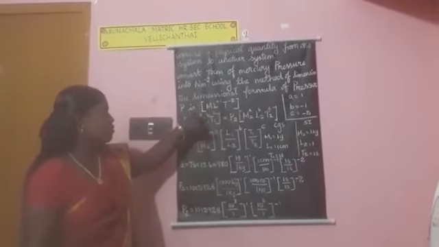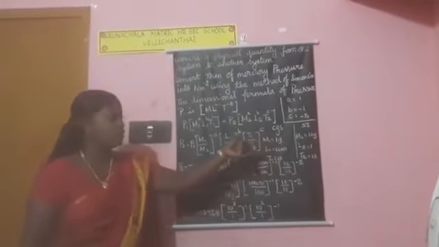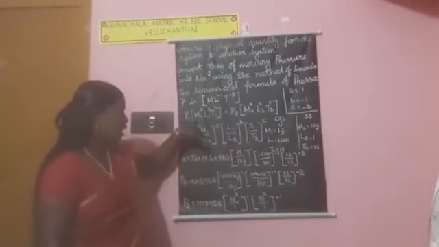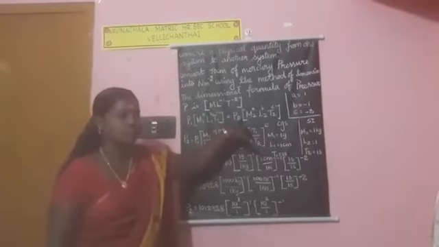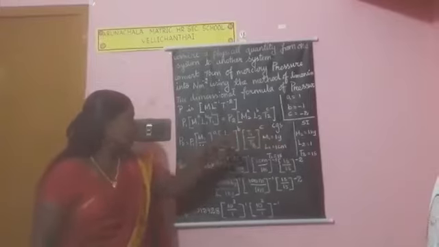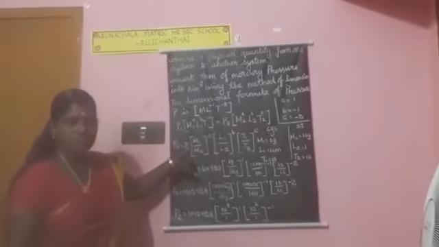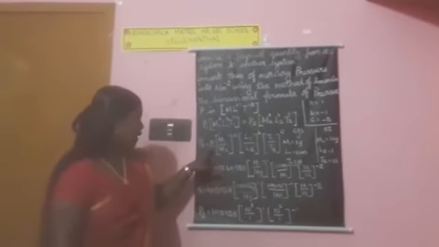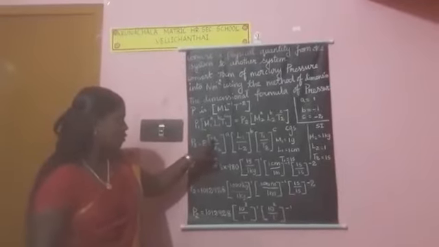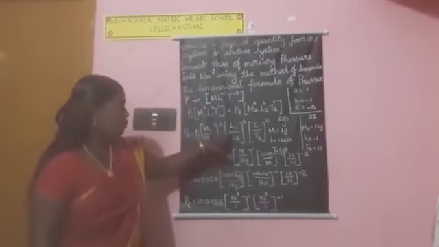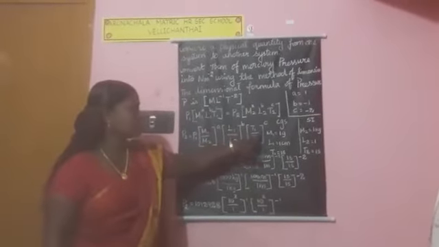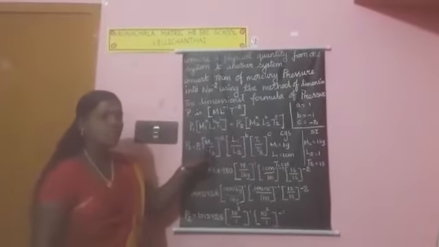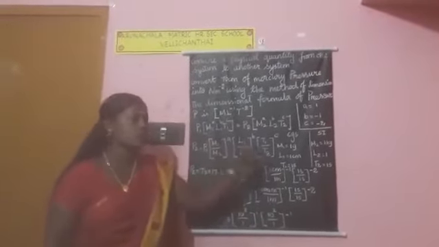Okay. The next, you have to convert from one system to another system. So here the P2 value needs to be found, so take that on the left side. P1 of M1 L1 T1 equal to P2 of M2 L2 T2. Okay. So we know the value of P1, 76 centimeters. So this is the P1 value, and you have to write it here: P2 equals P1 of M1 by M2 the whole power A, L1 by L2 the whole power B, and T1 by T2 the whole power C. Okay, the next step you have to substitute the values of M1 L1 T1 and M2 L2 T2 and the powers also.